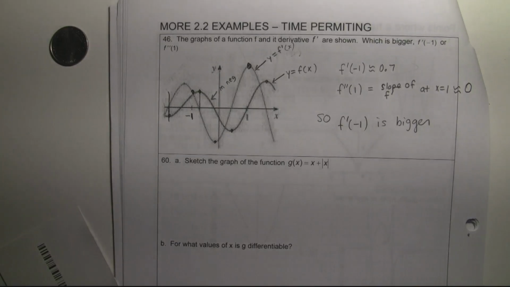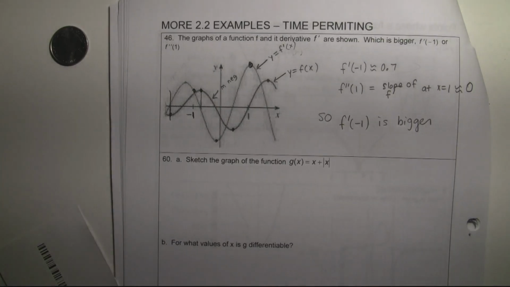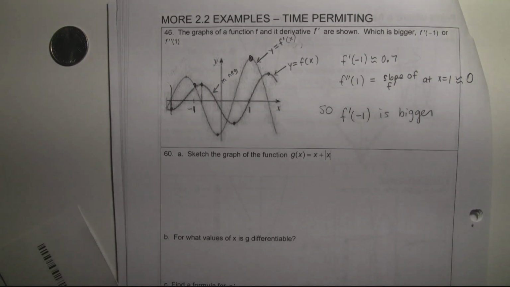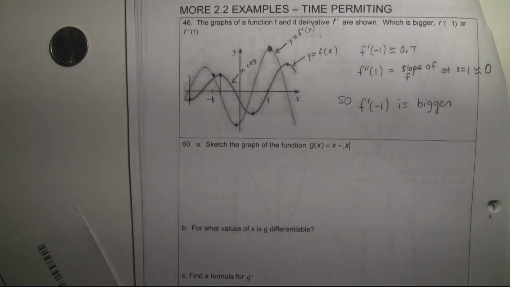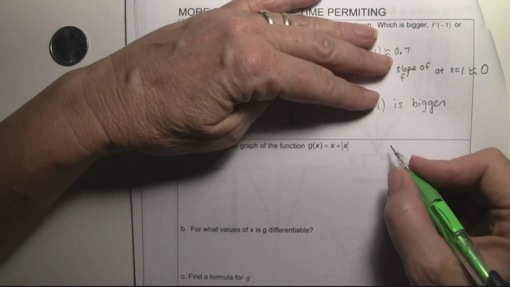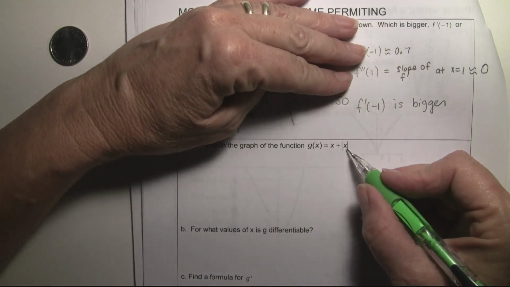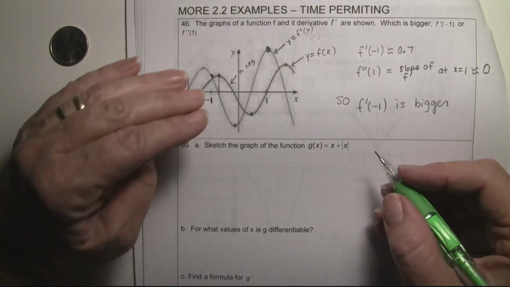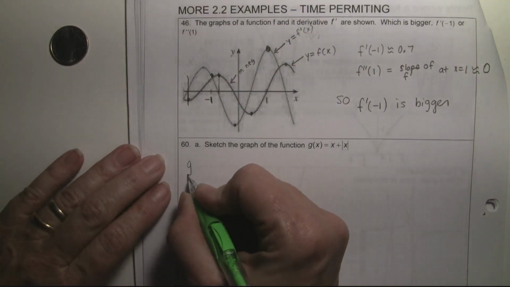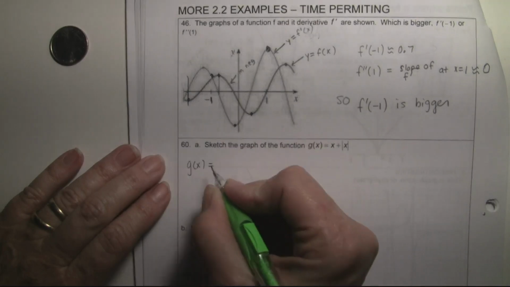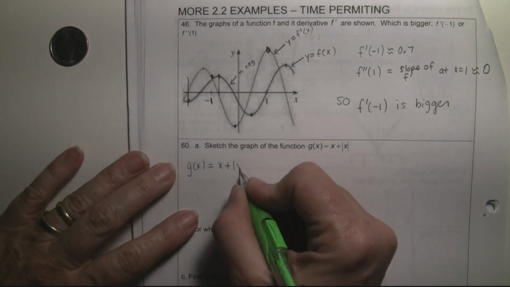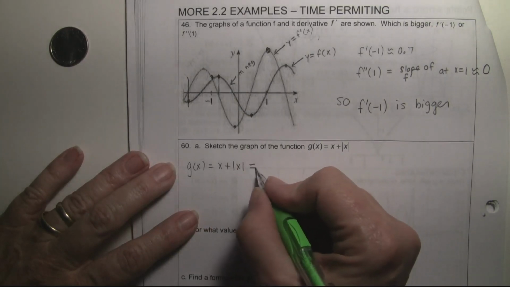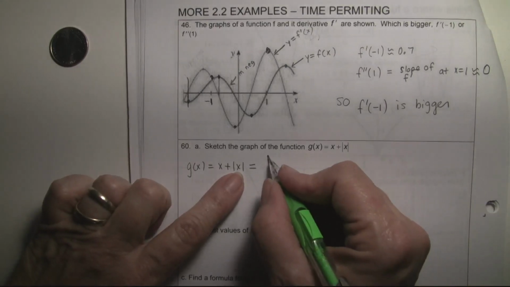Then the next thing here, they're asking me to sketch the graph of this, and so this gives us more practice on our absolute value. By definition, the absolute value of x is either x or negative x. So if I do this, g at x equals x plus the absolute value of x, then this is equal to, now just for the absolute value of x,